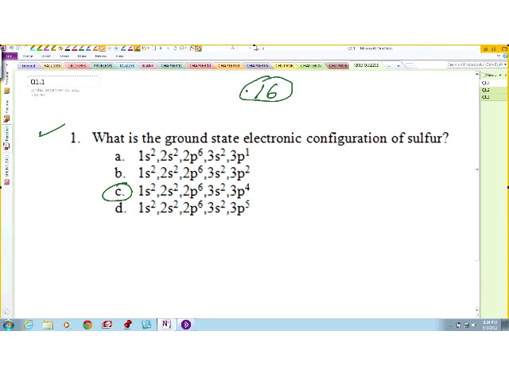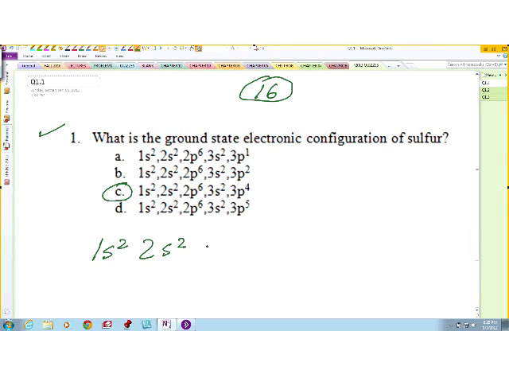You do know that the different energy levels have orbitals. The first energy level has one orbital, which is s. The second has two sets of orbitals, the s and the p's, and the p's have three suborbitals. So what you do is simply fill in these orbitals with electrons, knowing fully well that each orbital will take a maximum of 2 electrons. If you do that, you end up with sulfur having electronic configuration of 1s2,